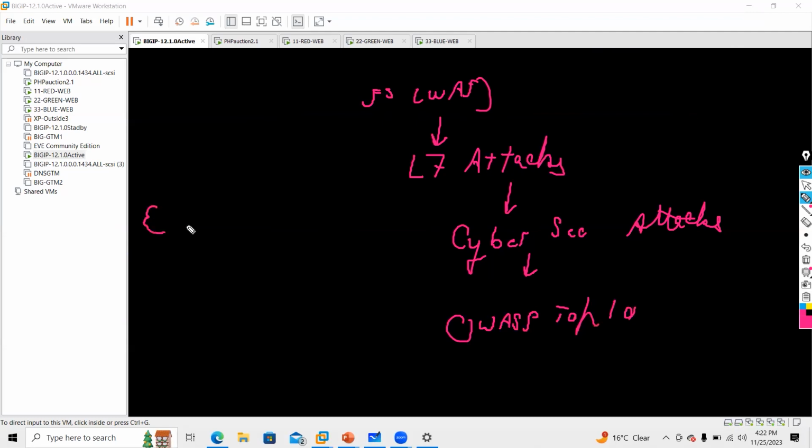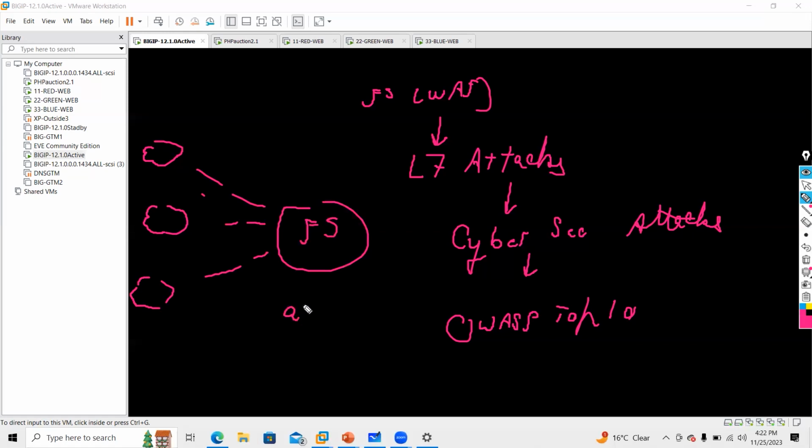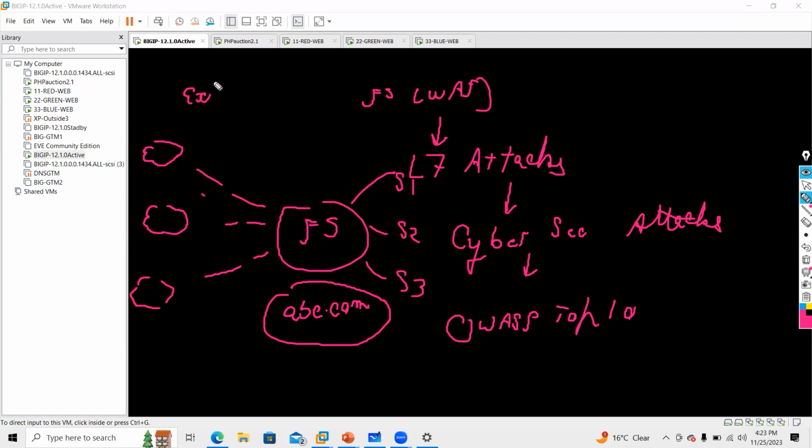So in today's world, guys, anyone on the internet coming as a hacker wants to access your application. Let's say this is F5 and this is an application called abc.com that is hosted on your servers behind this. But you want to make sure that this application is protected from external threats or external malware or external attacks.